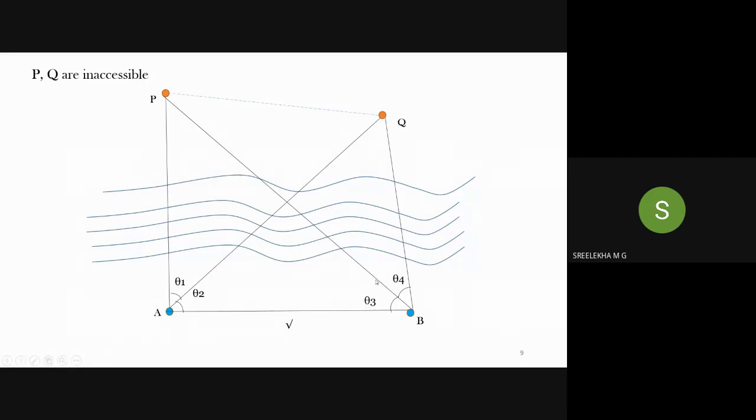Once you have to measure this angle, how do you have to start? You have to first of all sight to the point A. First sight will be given to the point A, where we have already fixed a ranging rod. We'll be sighting to the ranging rod at the point A. So now what will be the angular reading? It should be 0. Your vernier reading should be 0. When you are starting from a particular object, your vernier reading should be made 0 first of all. And then direct the telescope to the next point.